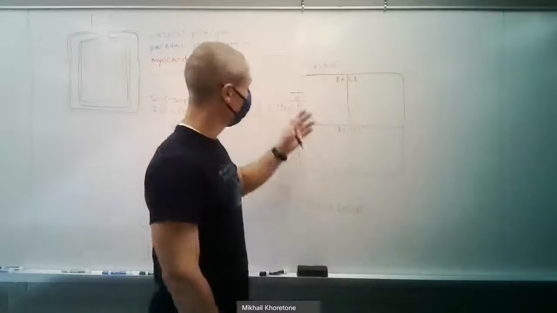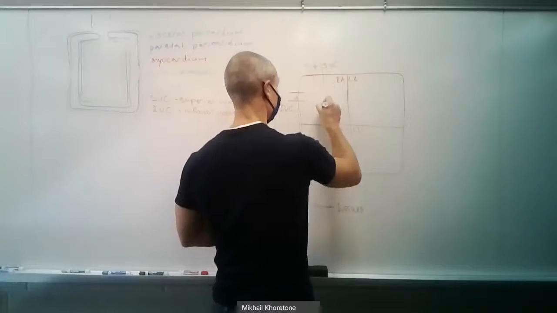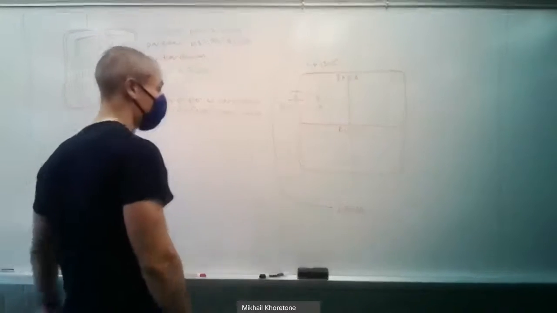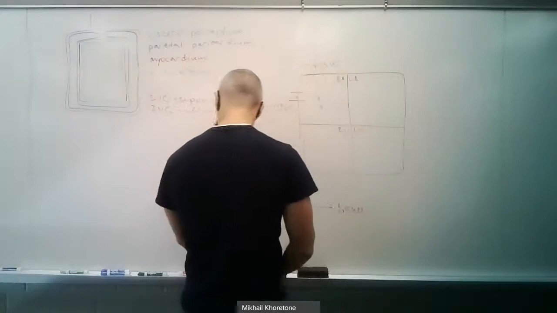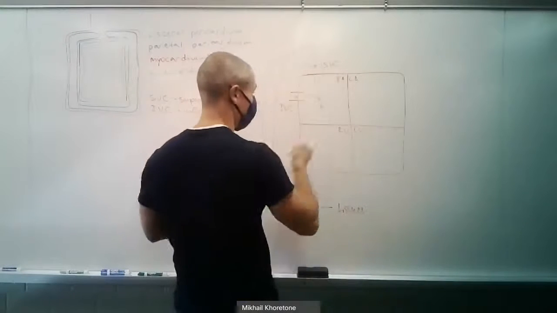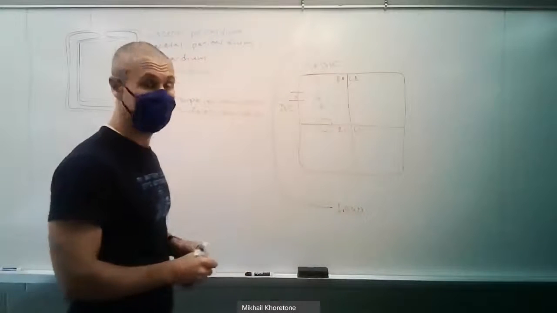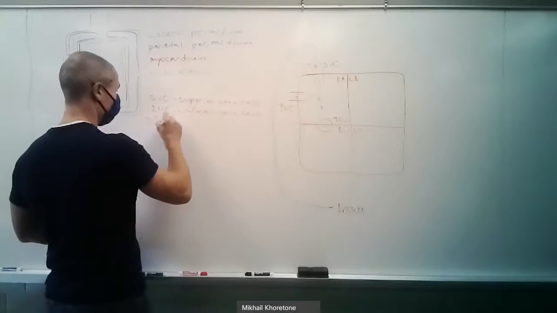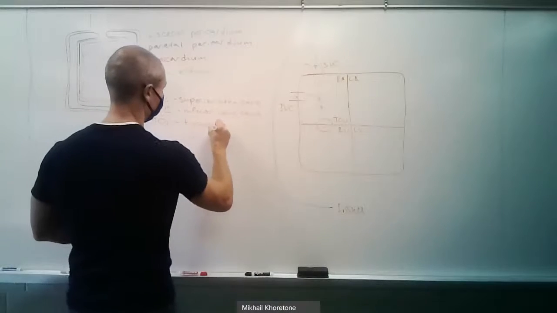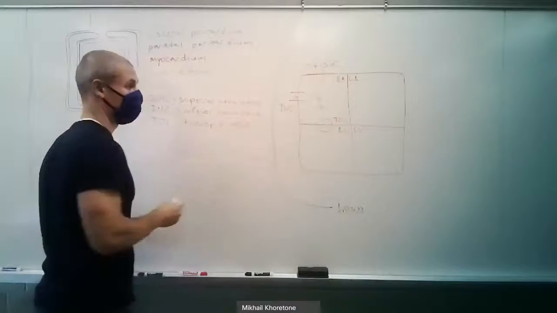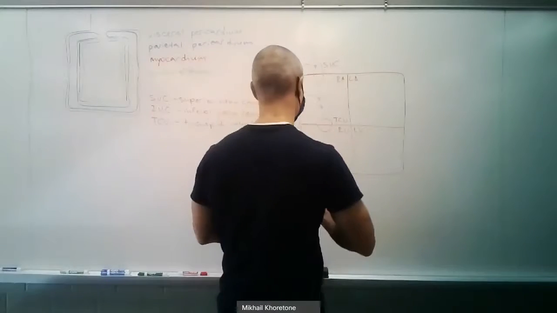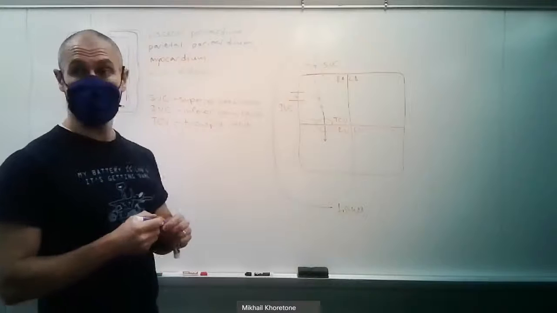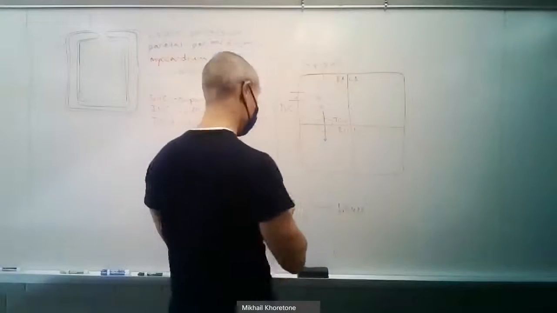Okay. So it gets into the right atrium. Then from the right atrium, the blood enters the right ventricle, through the tricuspid valve. Okay. It enters into the right ventricle, and the right ventricle pumps the blood